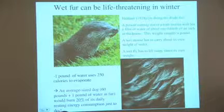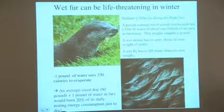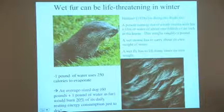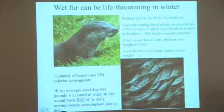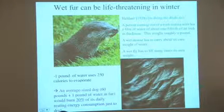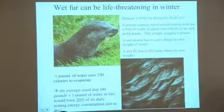First of all, why is it even there in the first place? It seems like it's just a cute little phenomenon. But in actuality, it's a matter of life and death for these animals. There's this great article, 1928, by J.B.S. Haldane. He was a geneticist, called On Being the Right Size. It's a great article for your classes. It talks about the